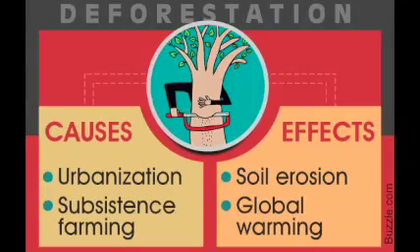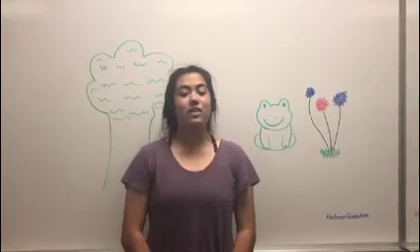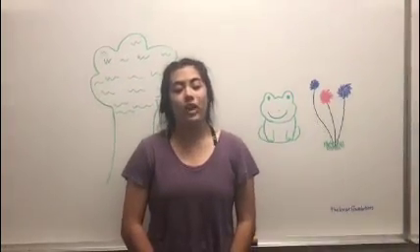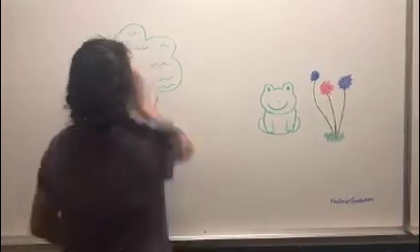The problem with this process is that half the rain in tropical areas comes from evaporation of moisture in the canopy of the trees. Cutting them down reduces the amount of rain, raising temperatures and allowing the sun to heat up the land and dry it out. This causes an unhealthy and unbalanced ecosystem. 70% of all land animals and plants live in forests, and many cannot survive through deforestation.